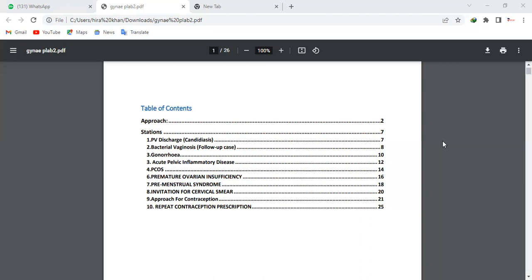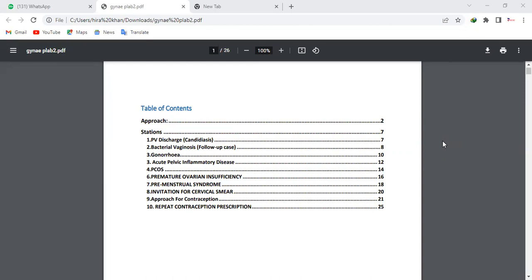All right, and then learn to de-learn the approach. So the second thing is always learn to de-learn the approach. By that I mean that if you always rely on the approach, you should not sound scripted. If someone sounds scripted, even if he knows each and everything of the station and tells everything related to that station to the patient, the candidate might not pass. I have seen a lot of cases where a few people say that they said in the exam each and everything mentioned in the notes, but still they failed.